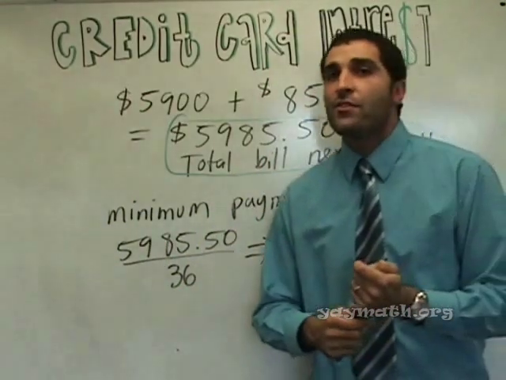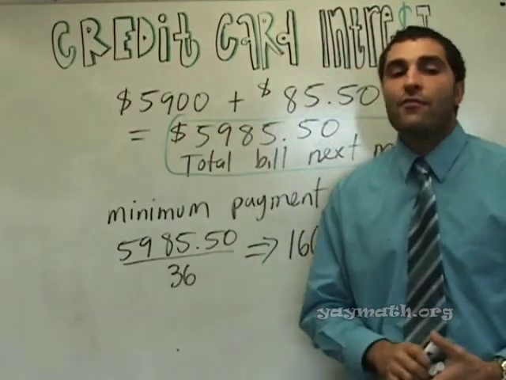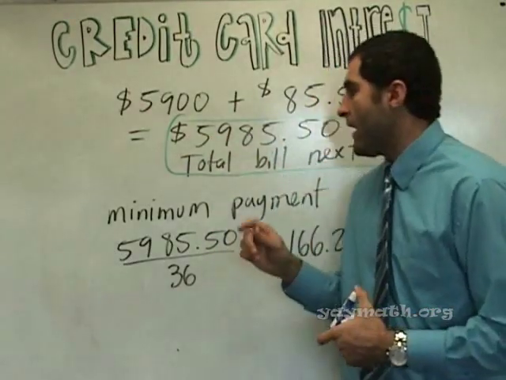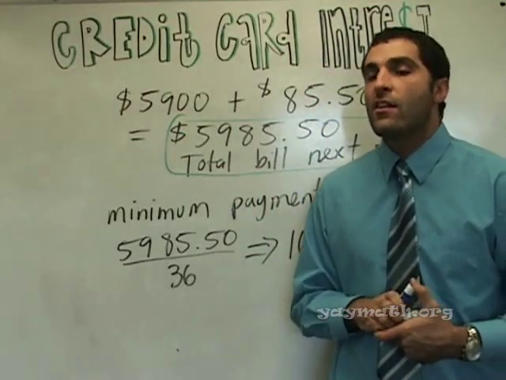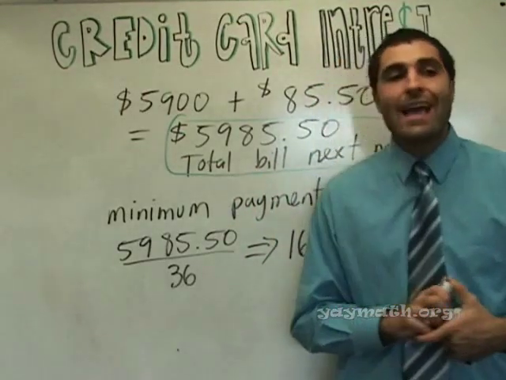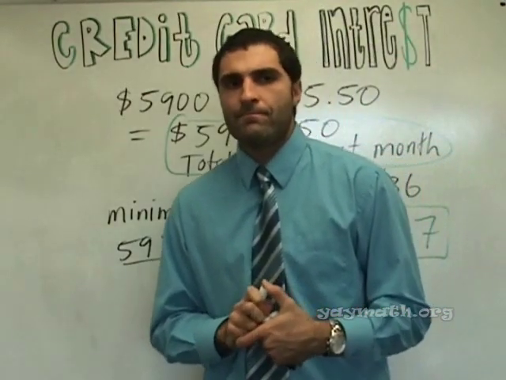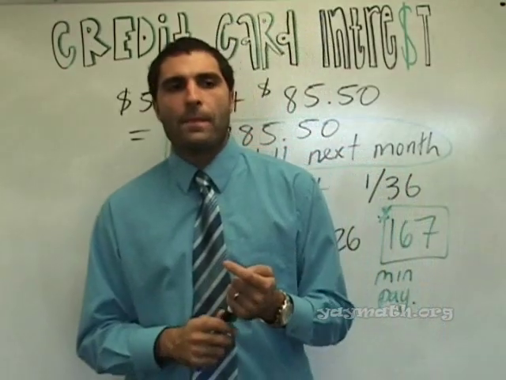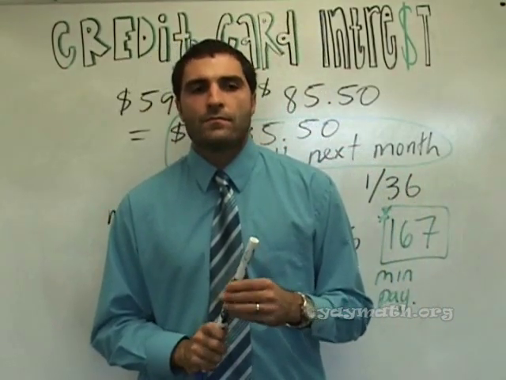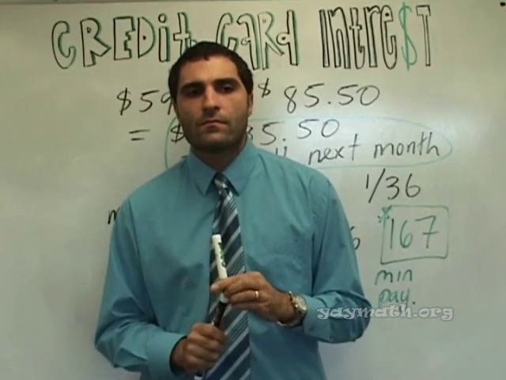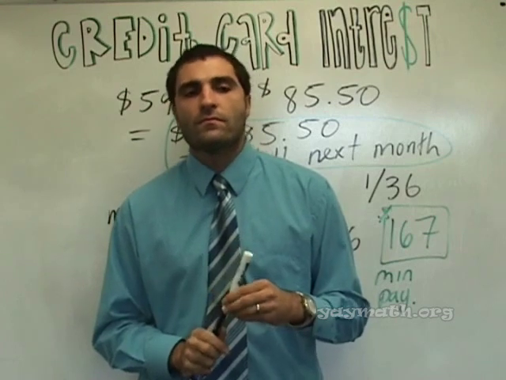Let me ask you the last question. Do you think it's fair if someone owes about $6,000 or so, that for that month only, they have to pay $85 for the right to owe $6,000? You understand the question? They're borrowing money. Do you think it's fair? I wouldn't say it's fair, but if they're already borrowing money from the credit card company, they might not be in the best financial position, so they can't even pay off the 167. So it's like a reasonable amount.